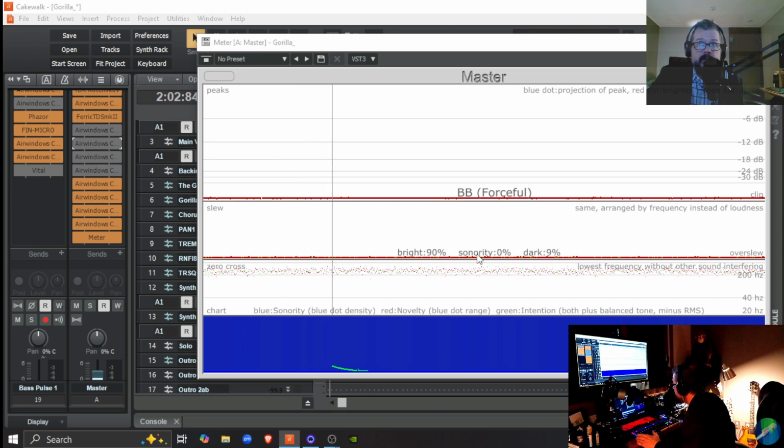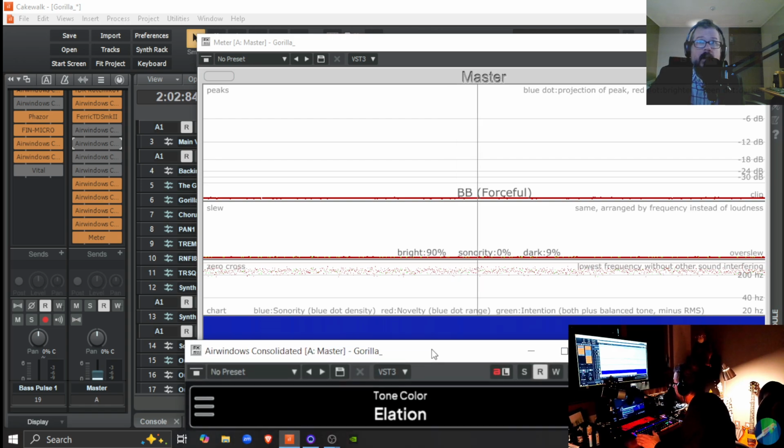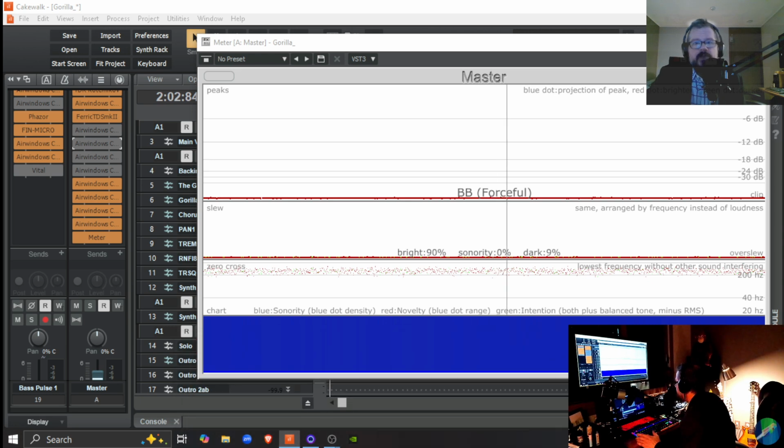I'm going for a sonority of around 80%, brightness of around 20%, again, on average. Just for reference, think of Smashing Pumpkins' Siamese Dream, the really heavy Pumpkins stuff.